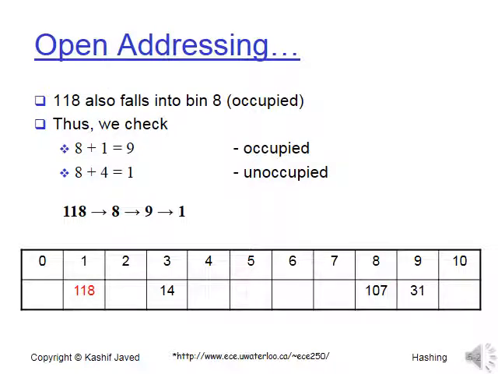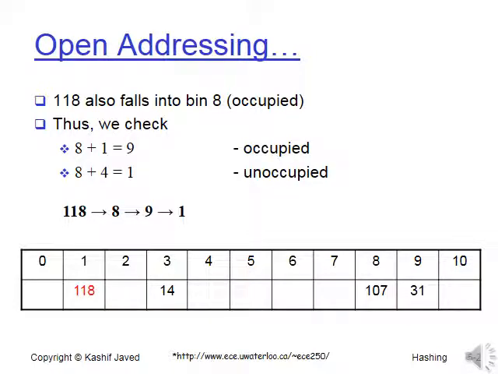Let's take the fourth number in our sequence of insertion, which is 118, and take its hash value. For number 118, the hash value computed for quadratic function variable I equals 0 is 118 plus 0 squared, the whole term mod 11, where 11 is your table size. The computed value equals 9, but bin 9 is occupied, that is, it's already taken by number 107, which causes